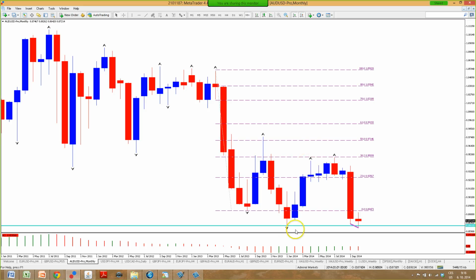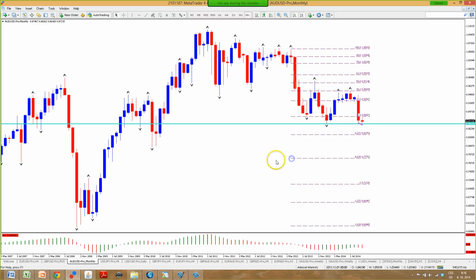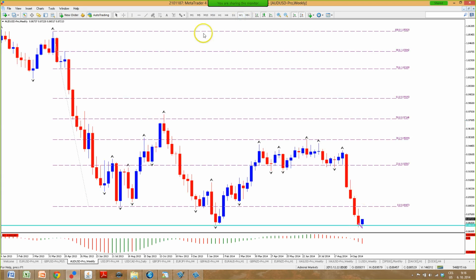So yes, bearish, but there's one key difference here. The key difference is the bottom. So although obviously price action is bearish, the trend is bearish, it's in a downtrend, there's no doubt about that, making lower lows and lower highs on this weekly chart, a lot of downside pressure in the Aussie. Price has to break through that bottom of 86.60 before it really gets interesting, or price has to retrace some,